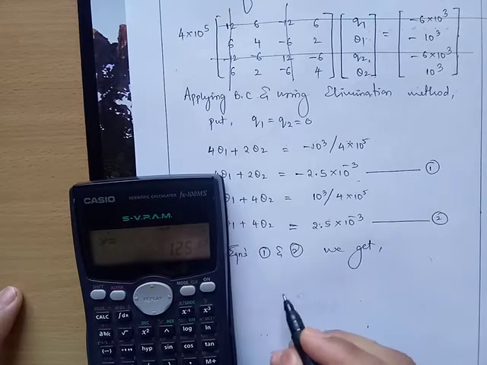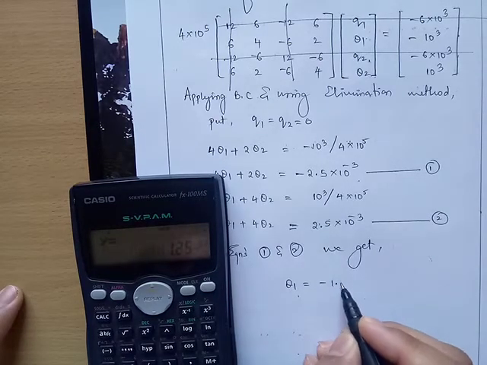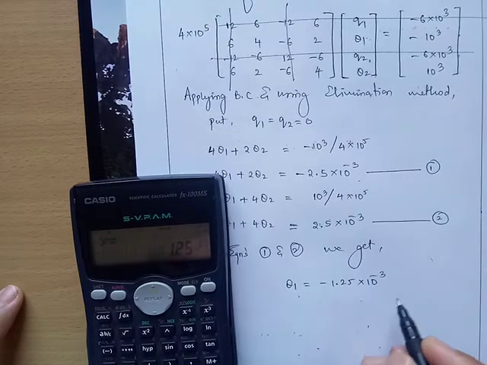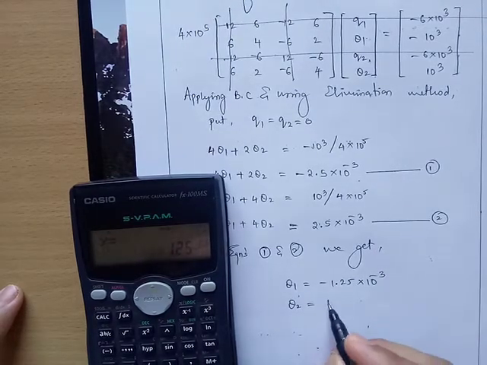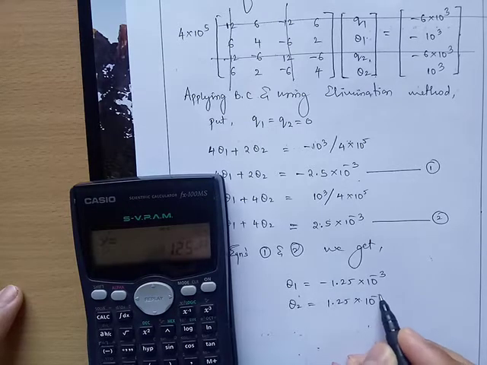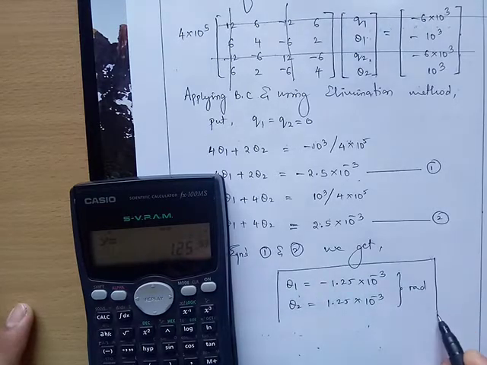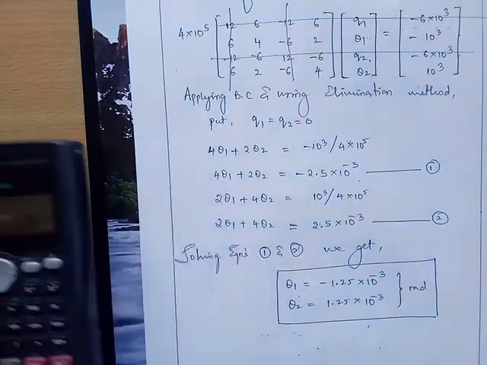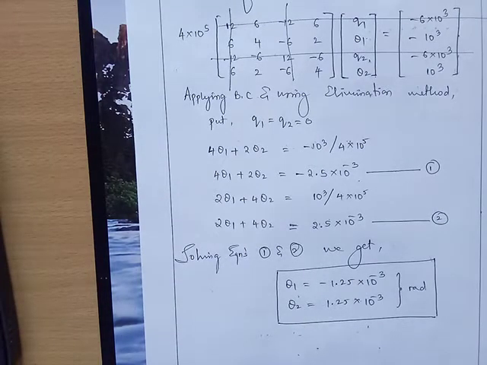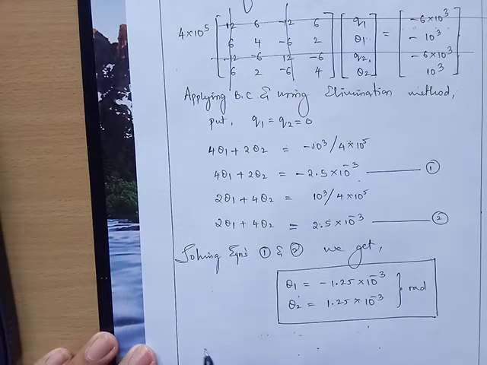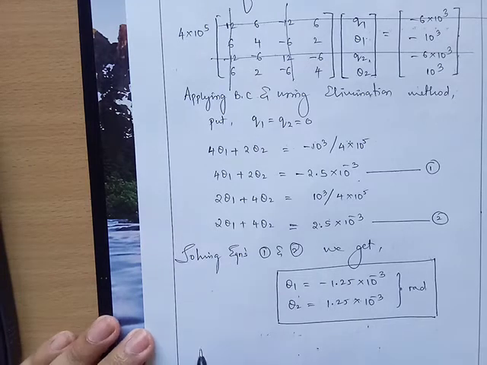Right, so theta 1 is minus 1.25 into 10 raised to minus 3, and theta 2 is 1.25 into 10 raised to minus 3. Both are expressed in radians. Right, so please don't forget to write the units. Both are expressed in radians. Right, so if we just go back to the problem statement, he has asked us to determine the maximum deflection. Since it is a simply supported beam subjected to UDL, we should know that maximum deflection occurs at the center. So next step is to find out